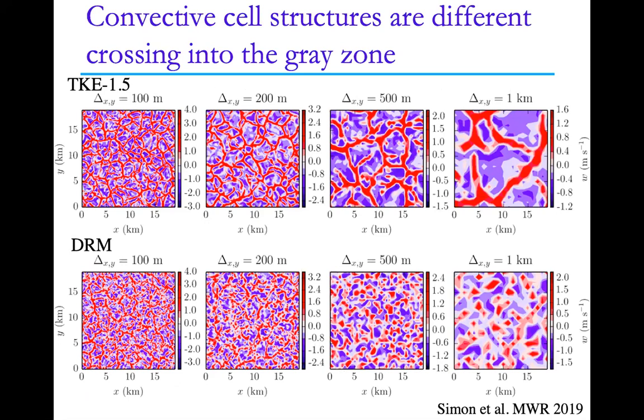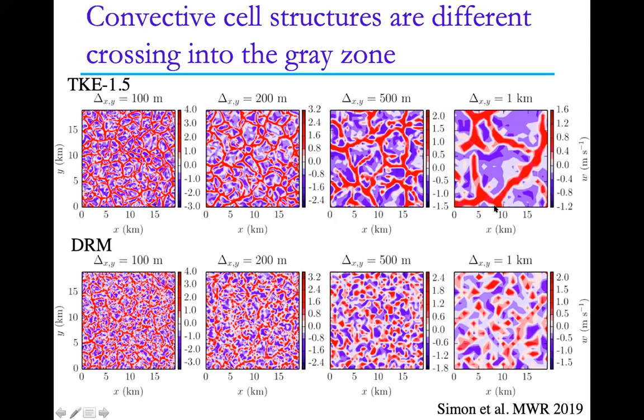Yeah, that's a good question. In the Chow et al. paper, we looked at the higher order statistics to look at what these different sizes, these different structures were doing in terms of the transport, in a way. And so there is a difference in, say, what TKE is doing compared to what DRM is doing. And it seems like the DRM reproduces the statistics better of what the finer scale model is doing.